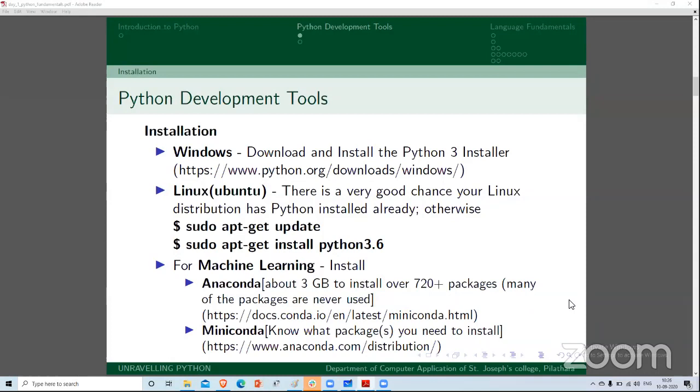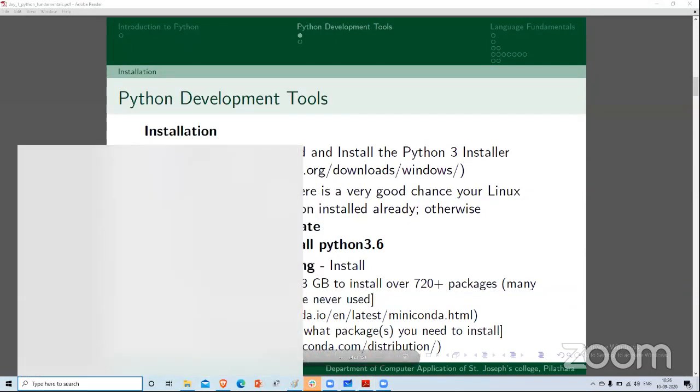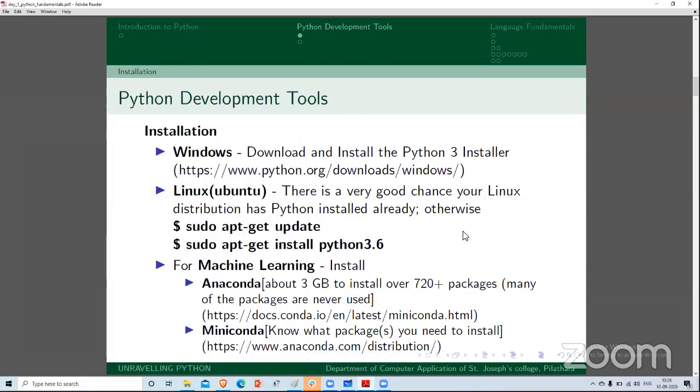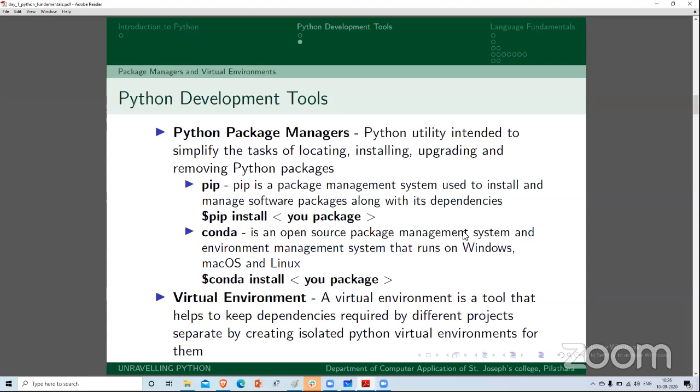Okay. So hope you've all installed Anaconda. One more thing: while doing programming with Python, you have to understand package managers. As I said, the major strength of the Python programming language is its package support.